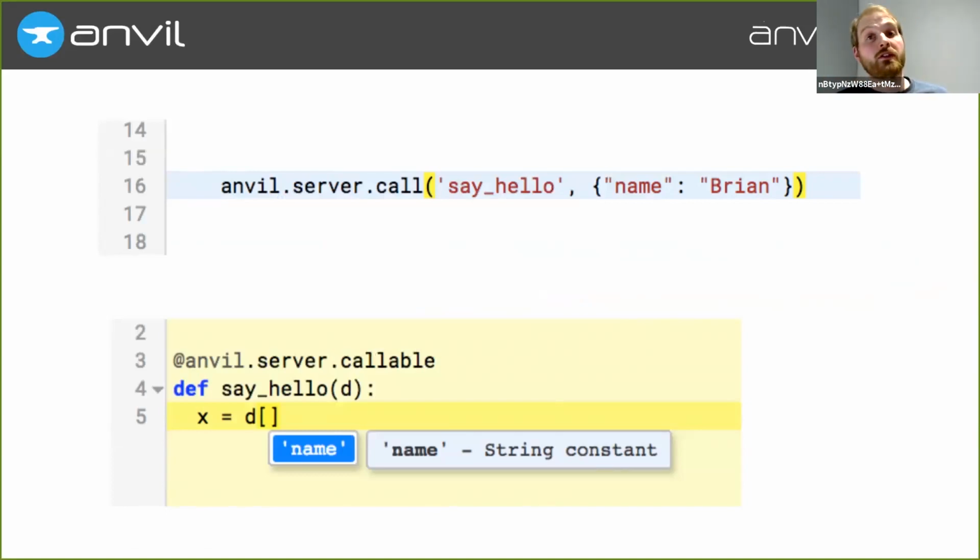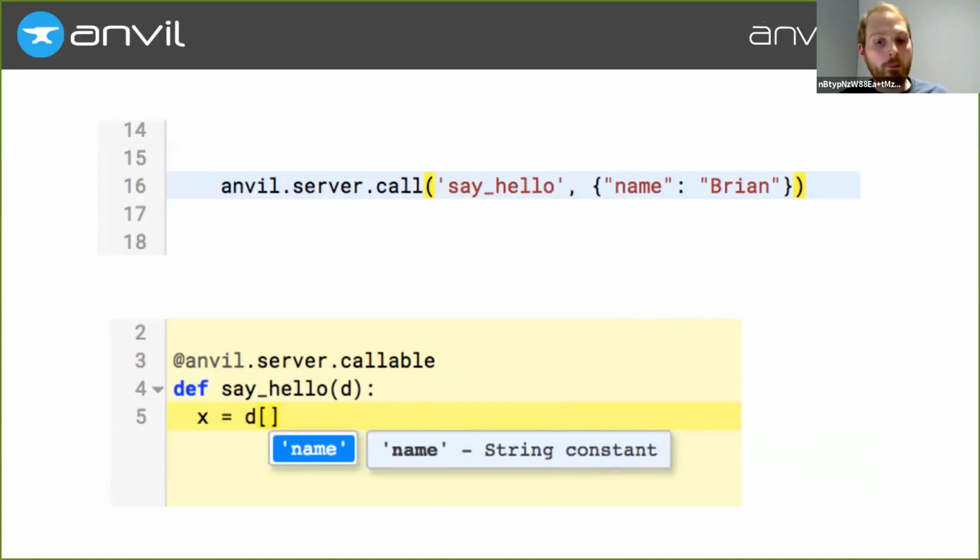And the way we do this is that when we're parsing the client code for autocomplete, we store the top level scope, because that's what you get if you import that module. So we store it for future use in other modules. But we also record all the outbound calls from that module. So here we're going to record that we've called the say hello function, and we're going to record the type of the arguments.